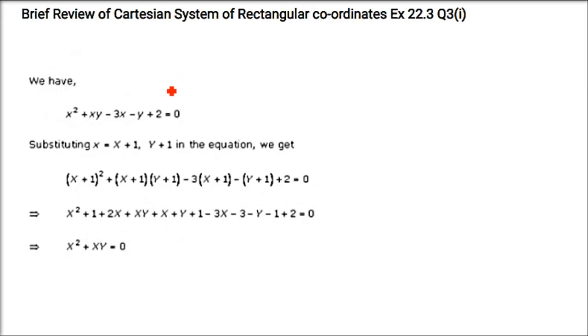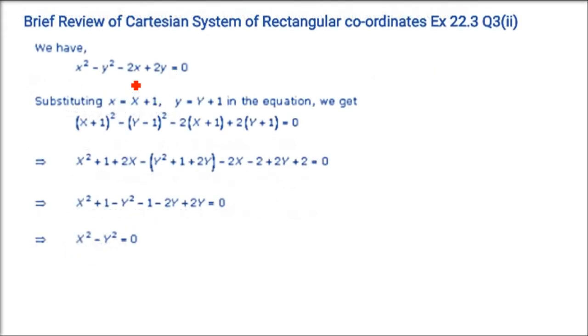Find what the following equation becomes when the origin is shifted to the point (1, 1). So h and k are given as 1, 1. There are 4 parts, and we are going to do it exactly the same way. Small x is capital X plus h, and h is 1 as given, and small y is capital Y plus 1, because k is also 1 here. Now put in x as X plus 1, y as Y plus 1, and just rearrange. You're going to get X squared plus XY equals 0.